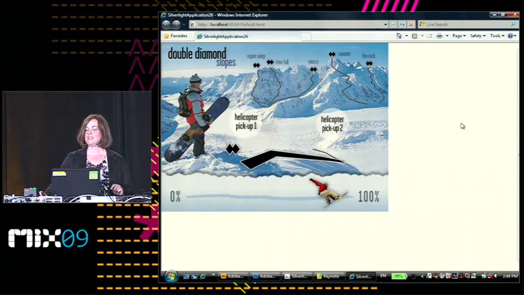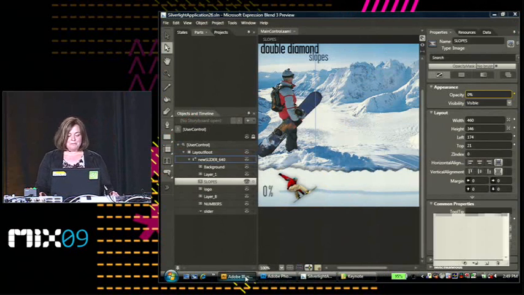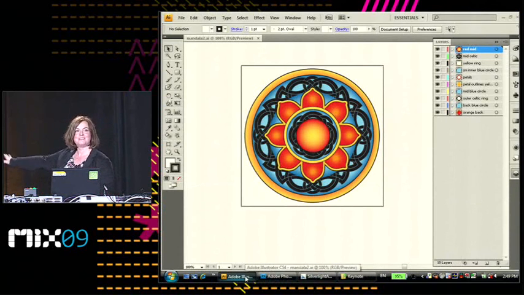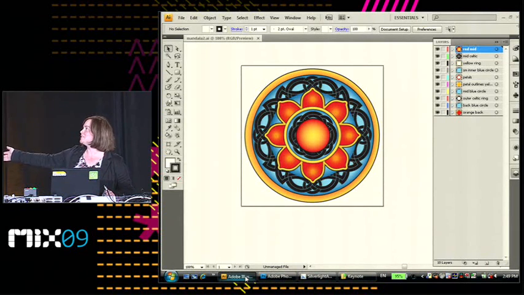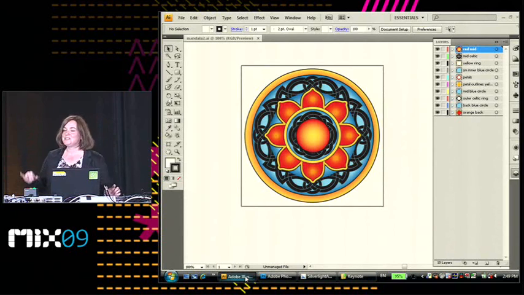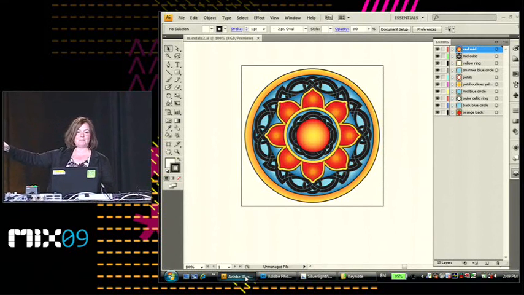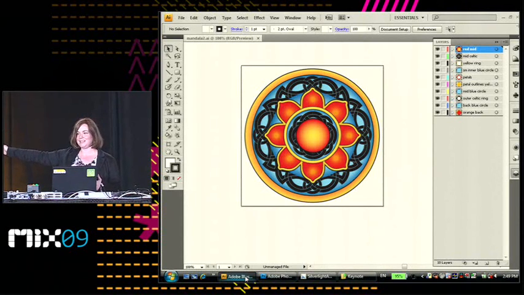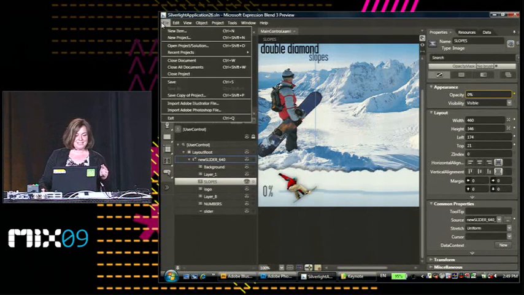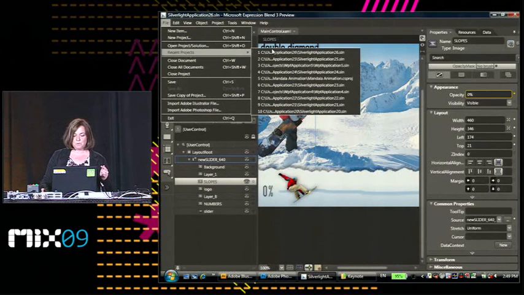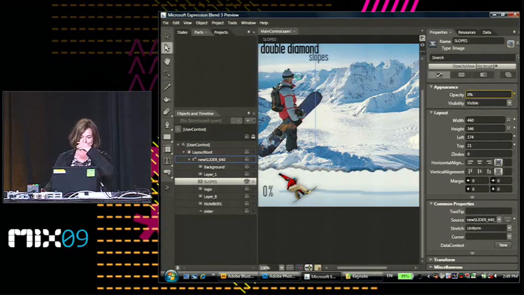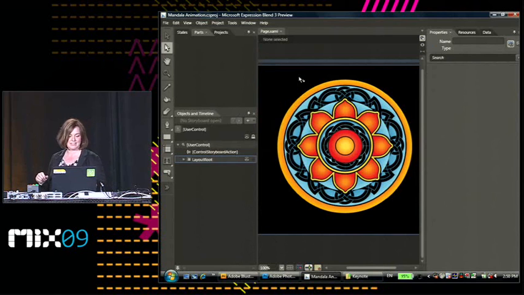Great. All right. So that's pretty much what I was going to talk about with Photoshop. So let's cruise right into Illustrator. This is a visual that a designer on our team built up, and it's a mandala. A lot of people use mandalas for meditation, to sort of center themselves, and this one is meant to help us feel more creative, to sort of unleash our creative energies. It looks pretty cool, and I like it, but the experience can really change with just a little bit of animation. So let's have a look at what that artwork looks like